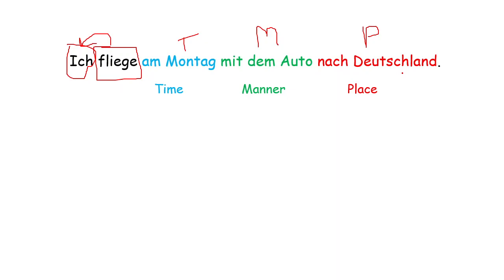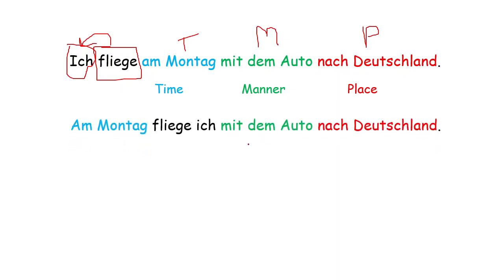But most of the time when we make a sentence, we put time at the first position. Like in English also we say, tomorrow I'll go to Delhi. Or, I'll go to Delhi tomorrow. So both are correct. But we need to check the verb is always at second position. Time first, then verb always at second position, then subject, then manners, and then place. 90% of the time we use it like this. Both are correct, but normally we see sentences with time first, then verb, then subject.